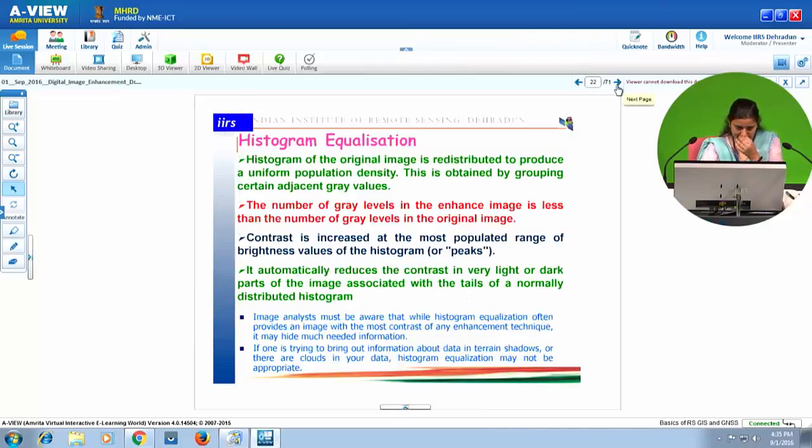So coming to the next non-linear stretching technique, that is histogram equalization. It is a statistical technique and is very popular. In histogram equalization, the histogram of the original image is redistributed to produce a uniform population density. This is obtained by grouping certain adjacent gray values. The number of gray levels in the enhanced image is less than the number of gray levels in the original